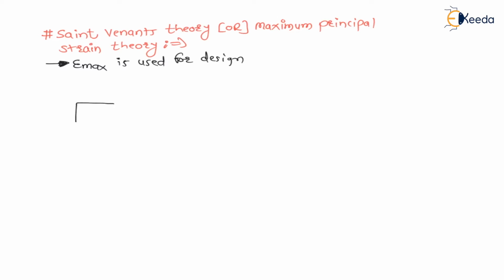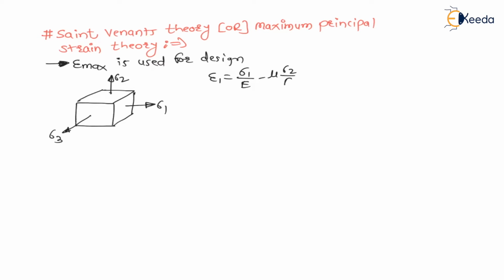My dear students, let us consider three dimensional loading in which the principal stresses are sigma 1, sigma 2 and sigma 3. Let us consider this three dimensional loading. Here one principal stress is sigma 1, another is sigma 2 and another is sigma 3. For this loading, the strains, from formulas I am considering directly from strength of material, are: strain E1 is sigma 1 by E minus mu sigma 2 by E minus mu sigma 3 by E